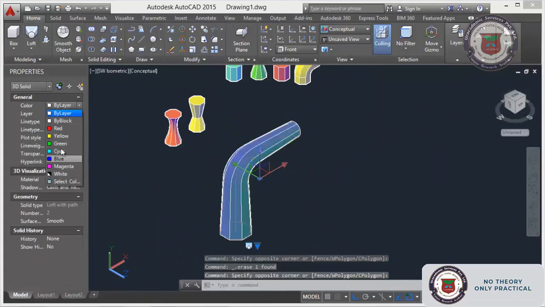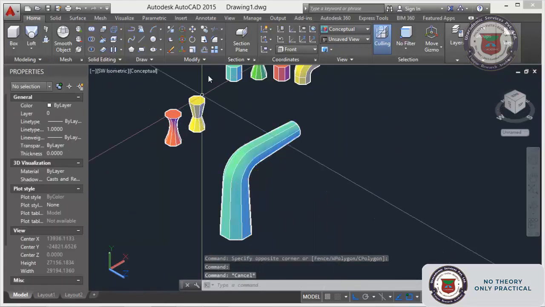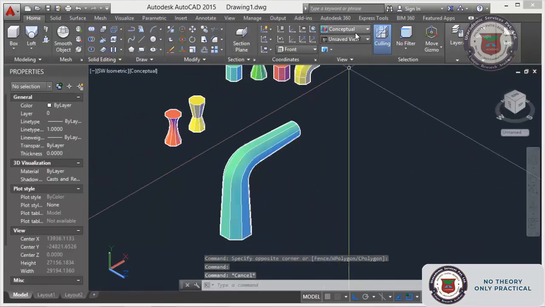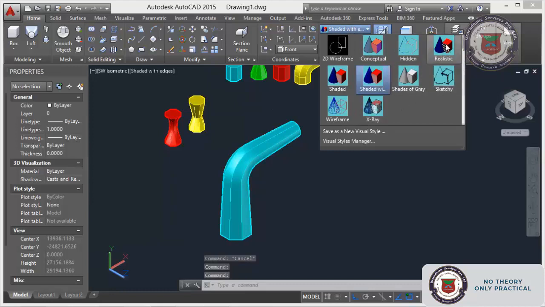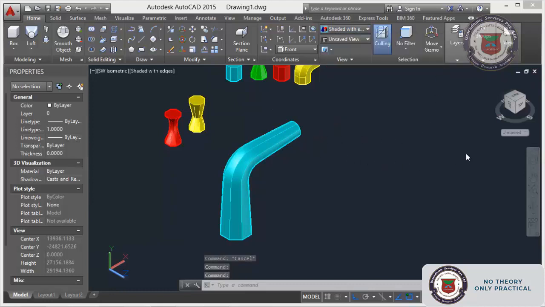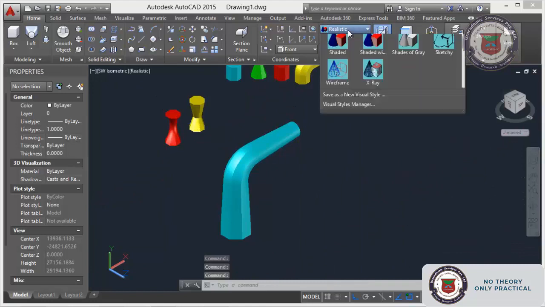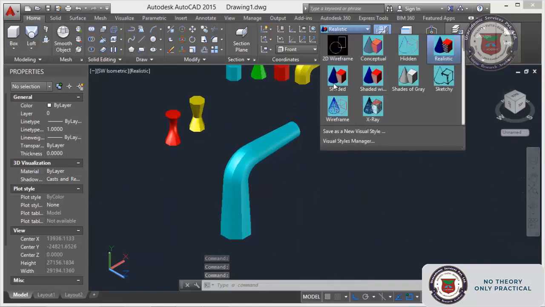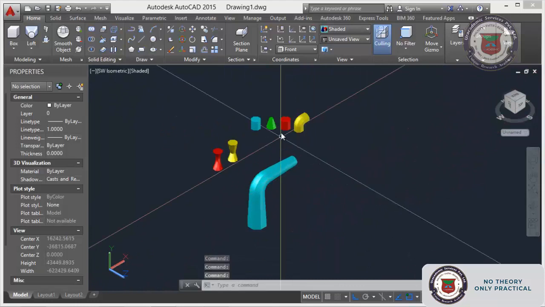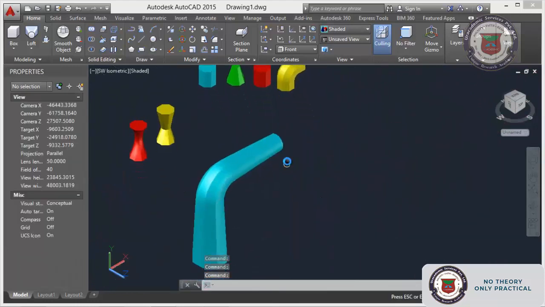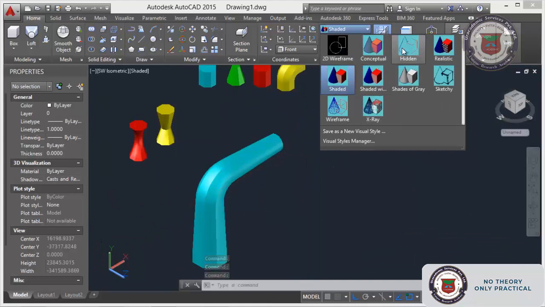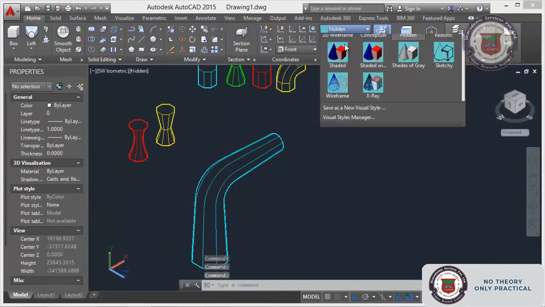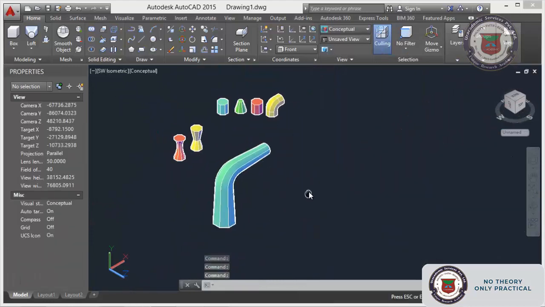I can change the color to something. Just see the different views and all that. Normally conceptual will be the good one.